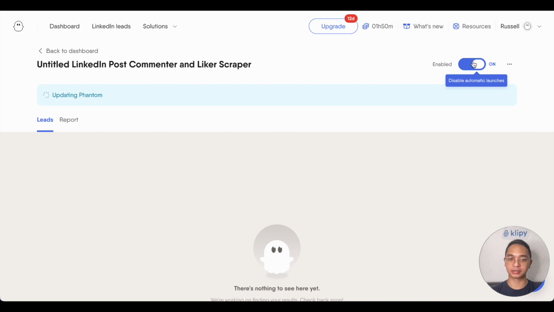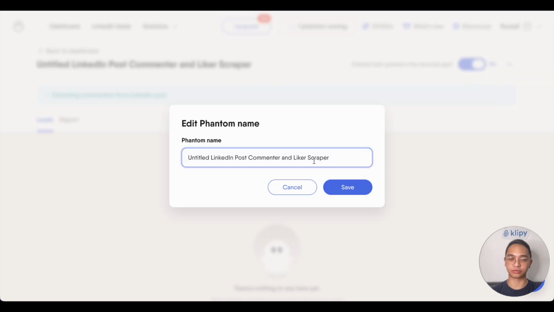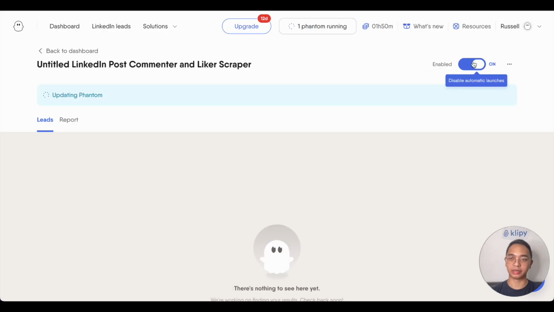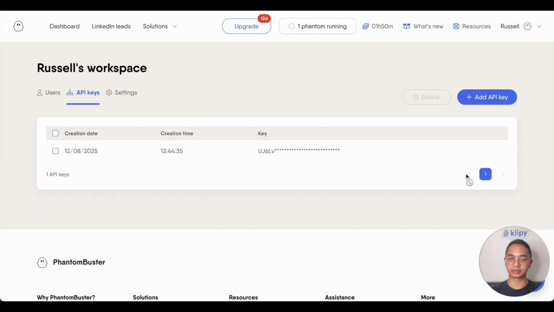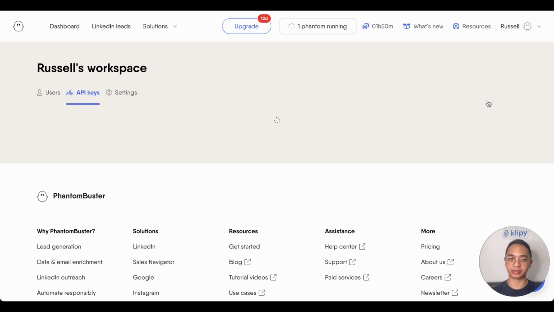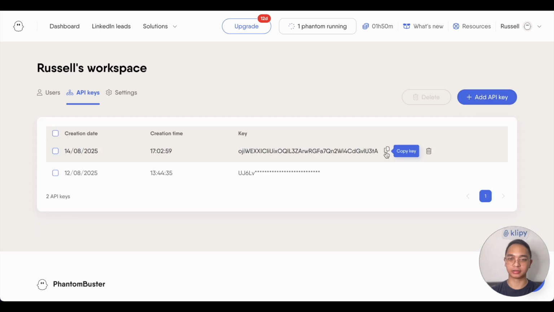Great. Next, we're going to rename our agent. So click this button over here, and then press rename. Rename our Phantom name into LinkedIn to email campaign. Click save. Then we'll need our API key. So click on your username, API keys, then click on add API key. There'll be a new one right here. Copy the key,